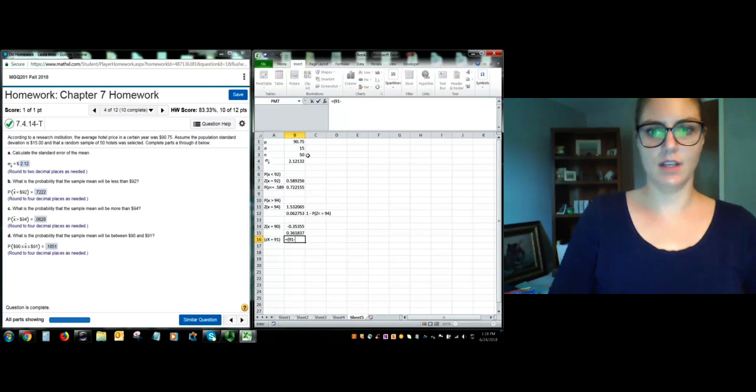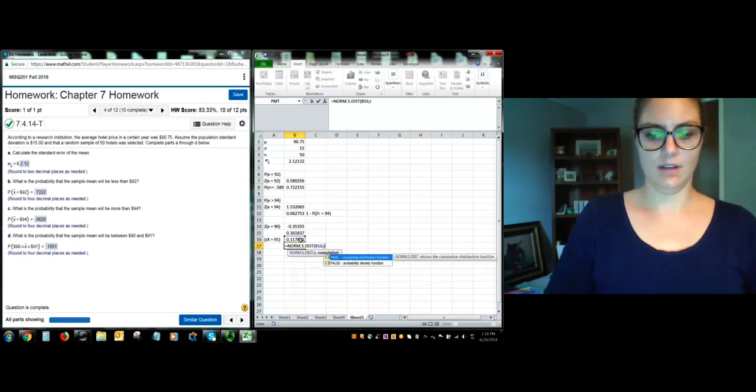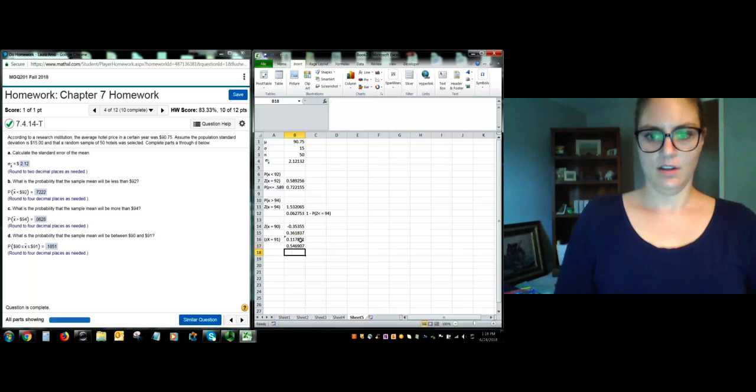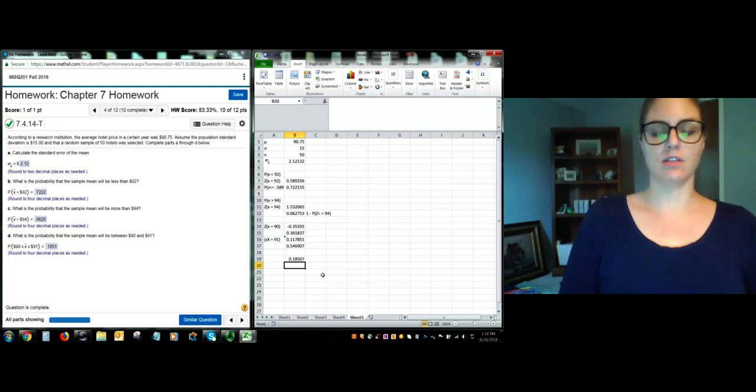91 minus 90.75 divided by this, and equals this to get our two probabilities. And then I'm going to take this probability and from it subtract the smaller probability, and that's what's giving me about 0.851. And again, what this is essentially corresponding to, if we're thinking about it from the perspective